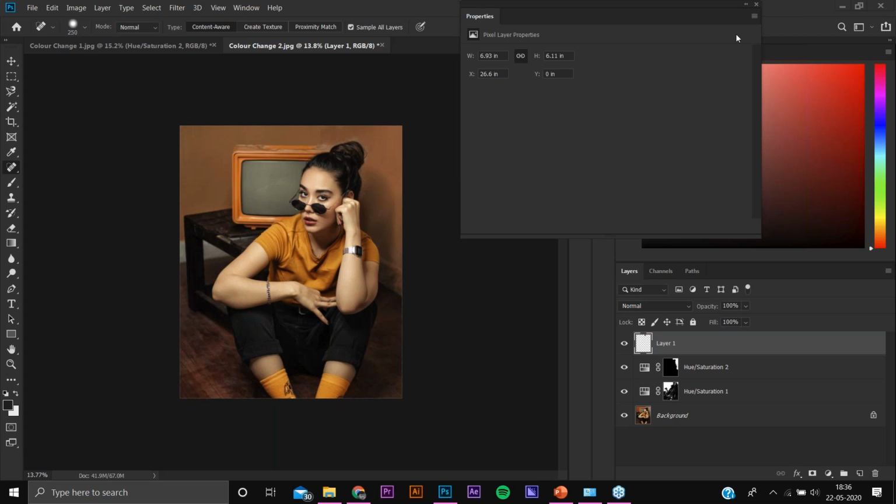See what I was explaining right now. I think we have used a layer mask over here. We made a black, which is an inverted layer mask, and we painted white over it. So the question was pretty much clear, I think, and now you have seen the solution also. So I tried to cover the maximum points of this.